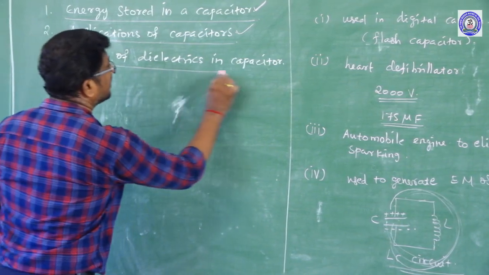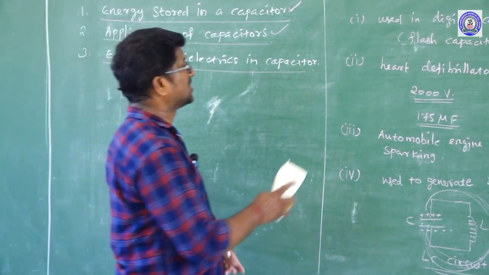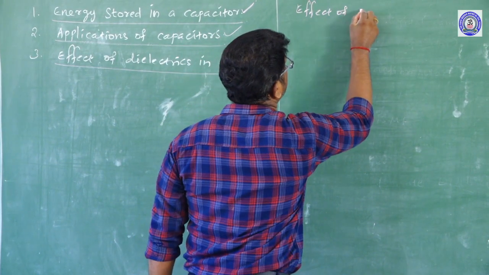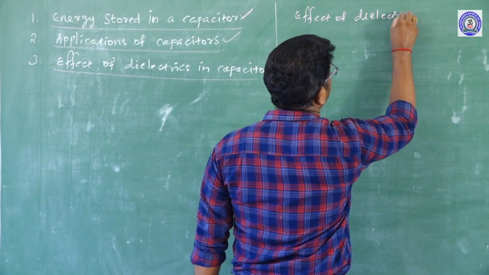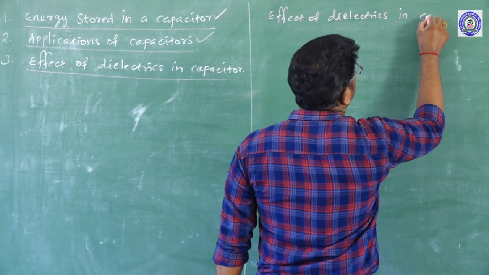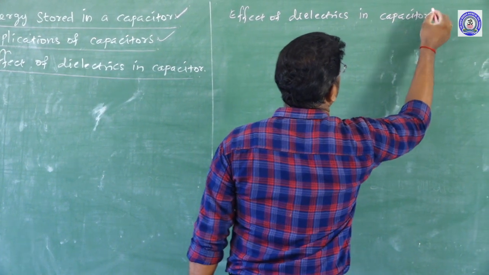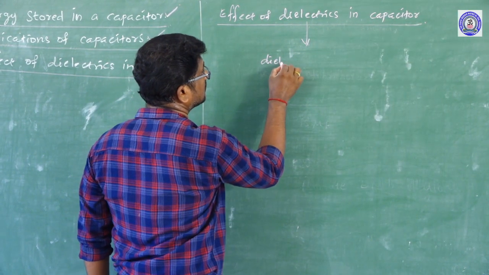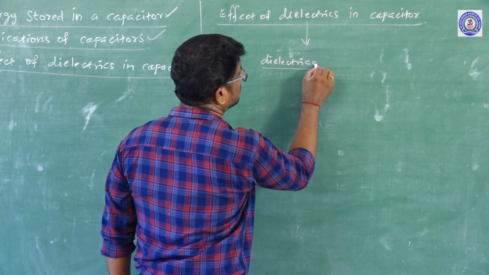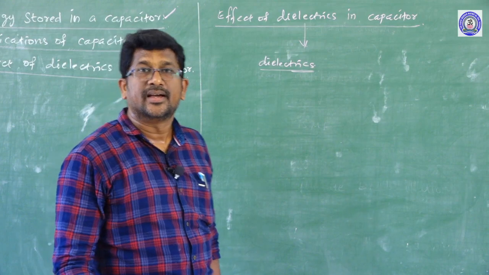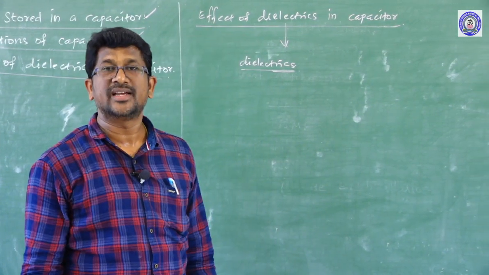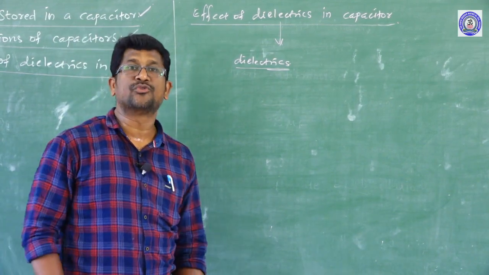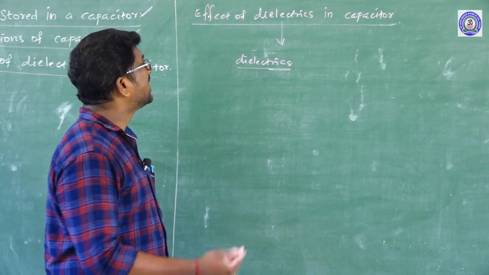So, applications of capacitor over. And third one, effect of dielectrics in capacitor. Topic, effect of dielectric. Right. First, what is the dielectric? Dielectrics are the insulating materials. Dielectrics are the insulating material in which there are no free electrons to carry an electric current. Right. The examples for dielectrics: